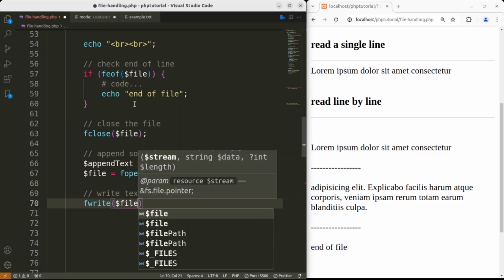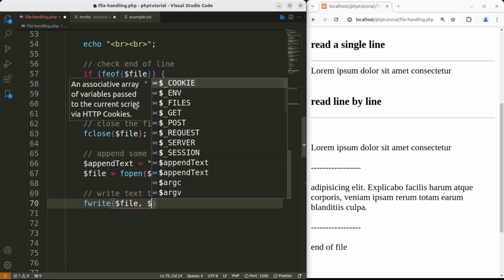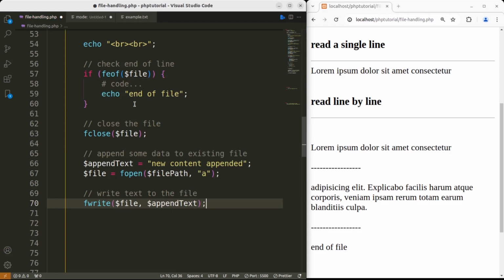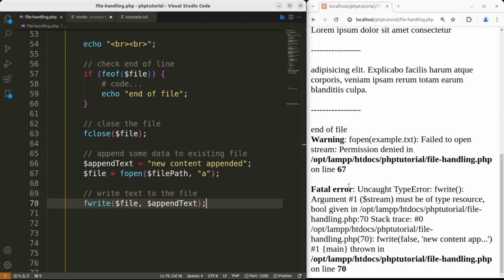Number one, the file you want to add the text to, and second, the text you want to add to this file, which is append text, followed by semicolon. And let's hit save. Now that returns an error, which is failed to open stream, permission denied in this location,